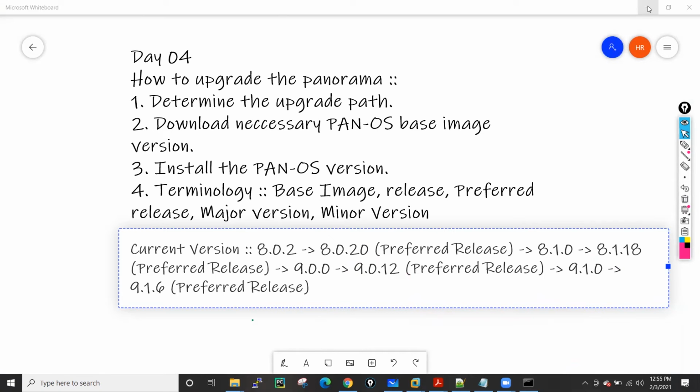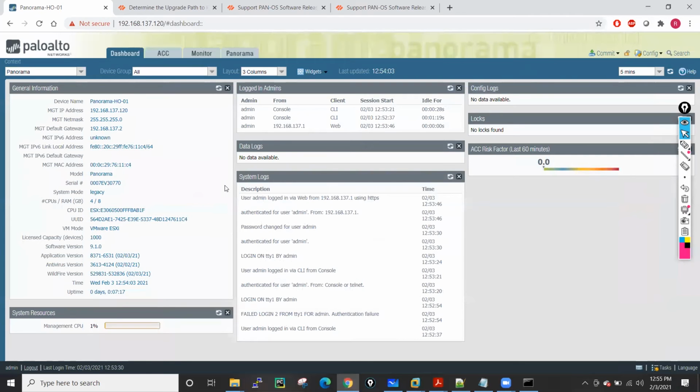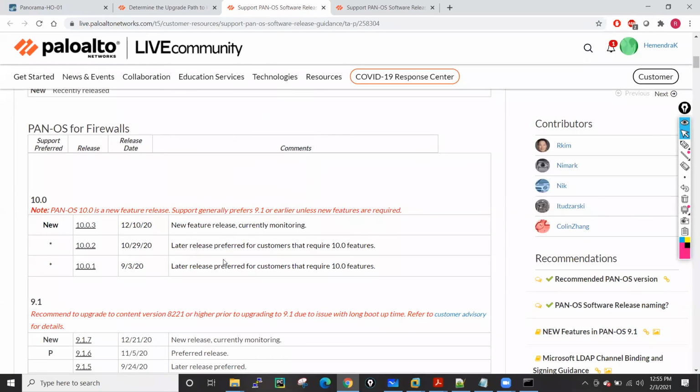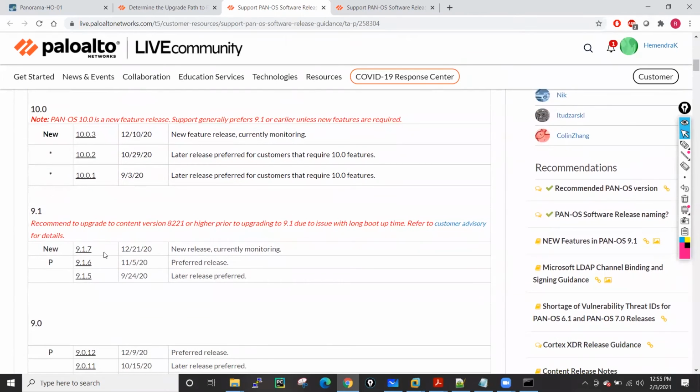So this is the something new which I have seen here. Right now I'm on 9.1.0. Now my target version is 9.1.6. This is the targeted version. Sorry guys, I have made one mistake here. 9.1.6 is my targeted version, and I have downloaded the version which is 9.1.7, right? So what I can do, if I go into my preferred version and check, see,